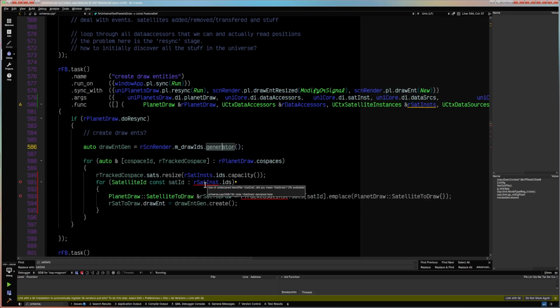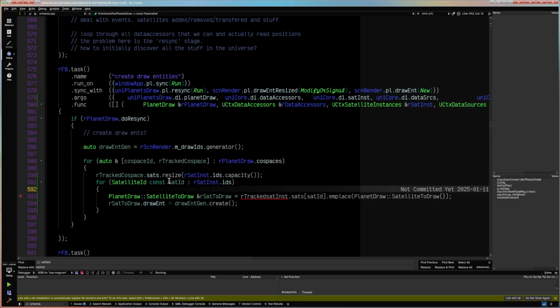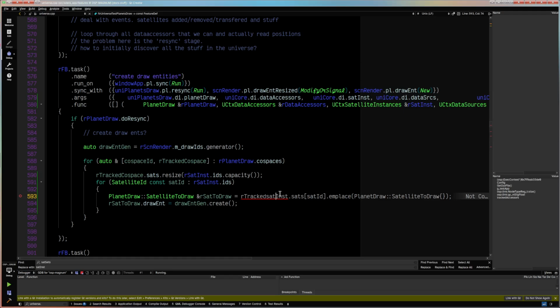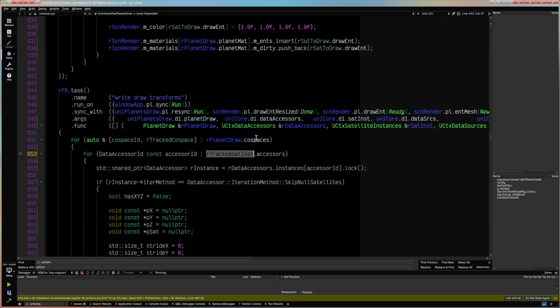Sat instances ID capacity. I don't know what this does. No, it just loops. Isn't this just gonna loop through everything? It's gonna loop through all of the satellites in the universe. But I think there should be an optional thing somewhere here that I remember adding, but rtracked coordinate space dot sats ID, no error. Yeah. Tracked chord space,